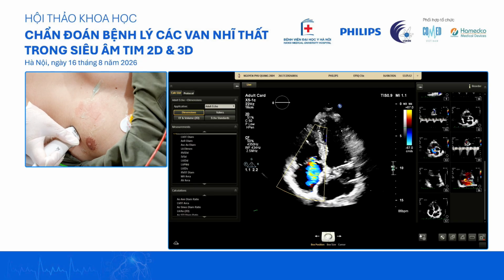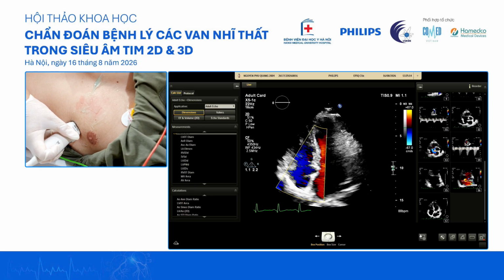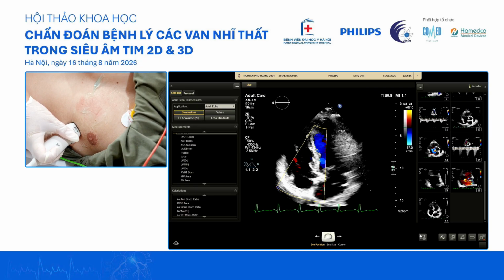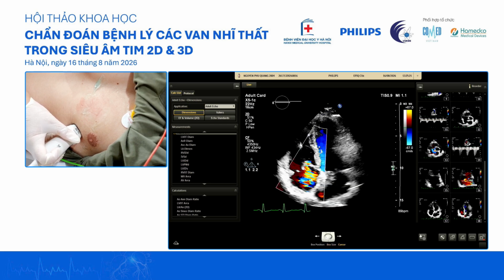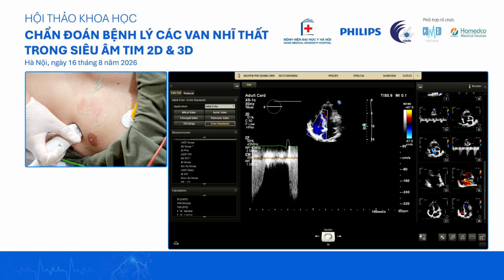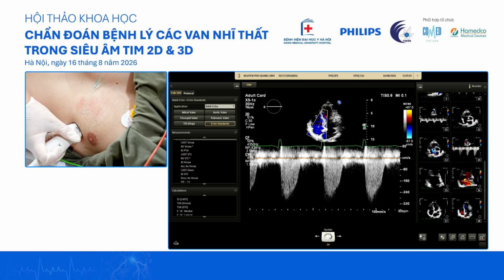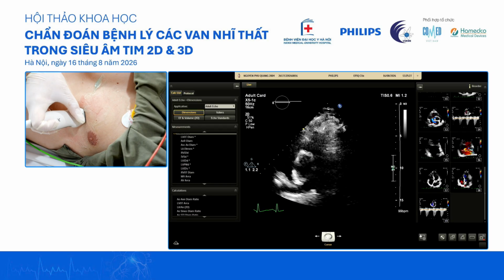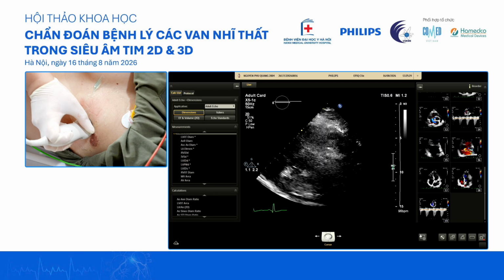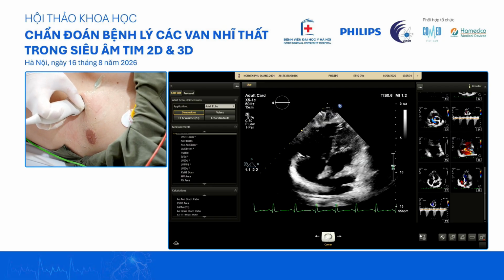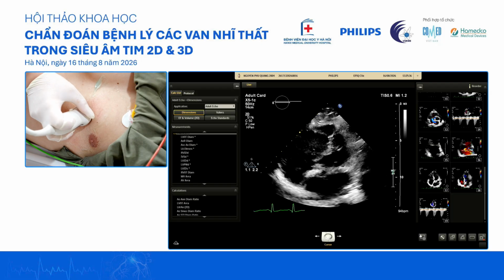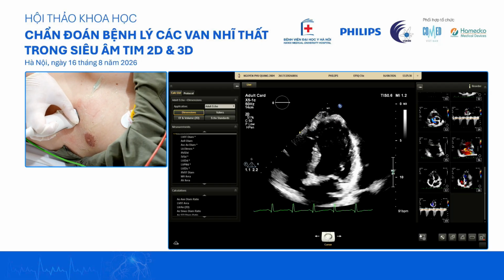And then we go straight to the right side to take a look at the regurgitation. Nhìn sang bên phải để đánh giá hở van ba lá. We will also do a little short foreshortened view. Chúng ta dùng các cái mặt cắt không phải mặt cắt chính danh.